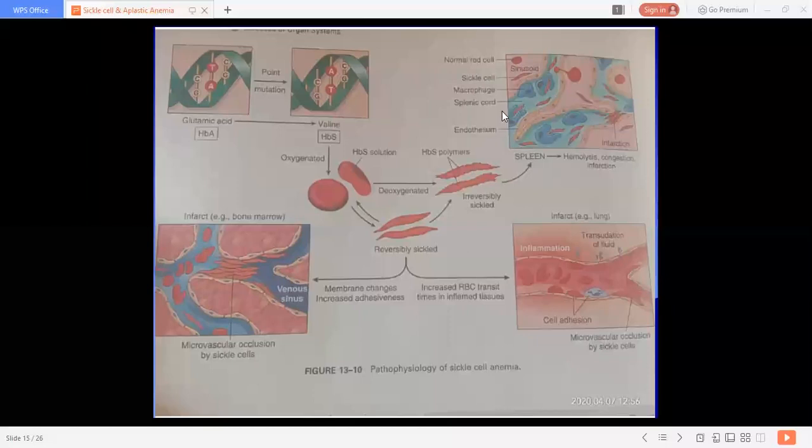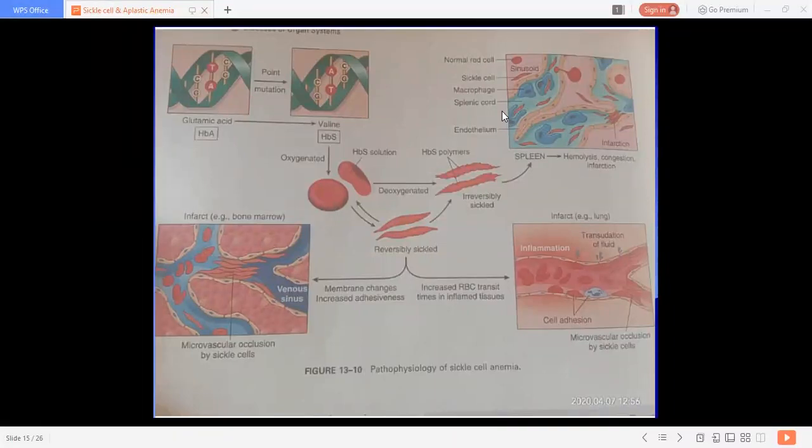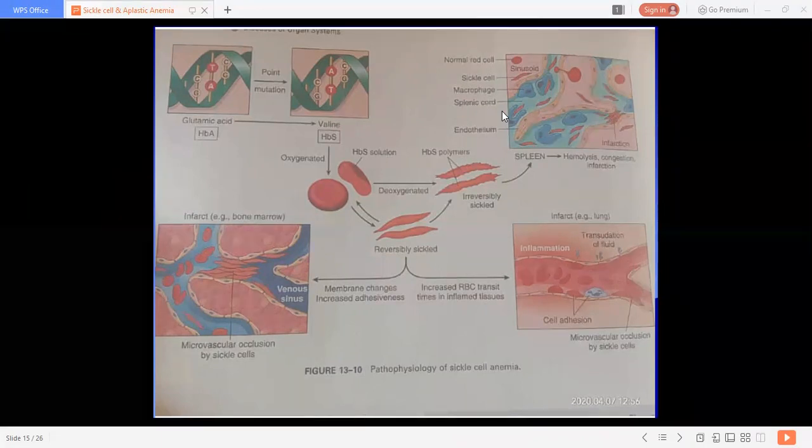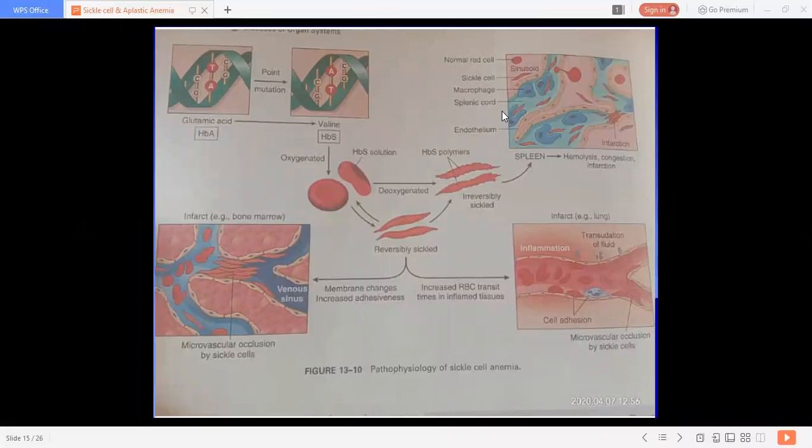Okay. So the next clinical effect of sickle cell anemia is related with increased blood viscosity. This increased blood viscosity will give rise to stagnation of the blood flow, which gives rise to ischemia, then infarction, and later on it gives rise to hyposplenism and osteomyelitis. Okay, these are the effects of congestion or increased blood viscosity due to these sickle shaped cells.